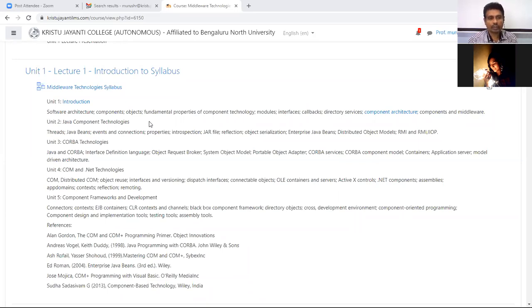So here we'll be discussing IDL, which is nothing but Interface Definition Language. We'll be using multiple languages for developing your application. When you go for using multiple languages, the compiling platform is going to be a single one.